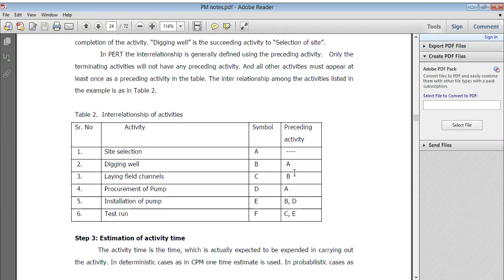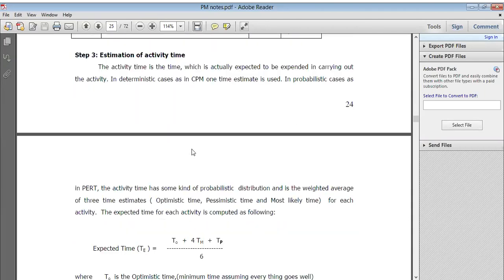Interrelationship of activities with each other. Now, estimation of activity time, how it will start. The activity time is the time which is actually expected to be expended in carrying out the activity, whatever time you expected. And in the deterministic case, in some cases, CPM, when we calculate the critical path method, one time estimate is used. In the probabilistic case,